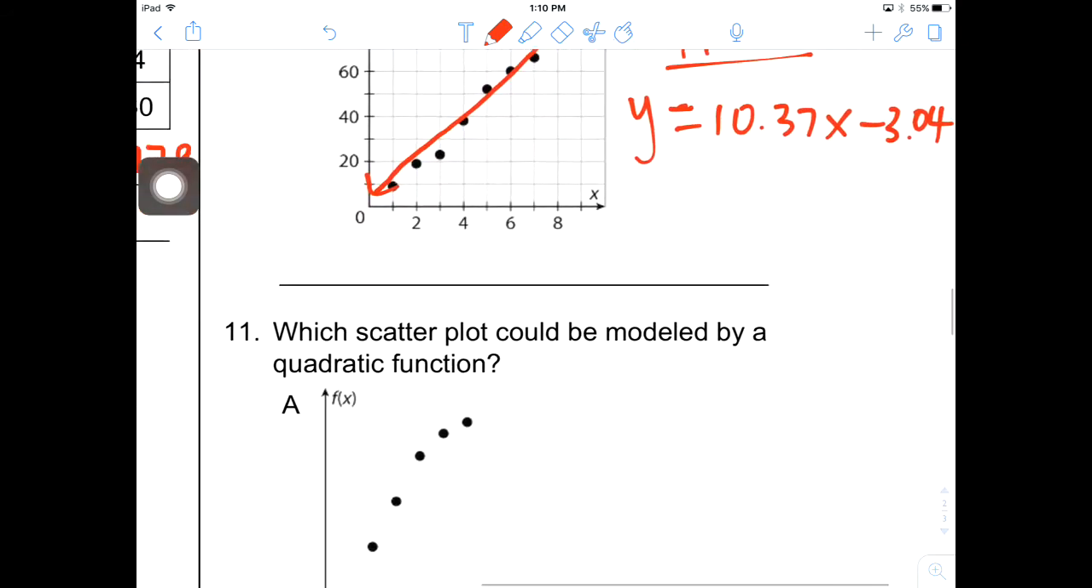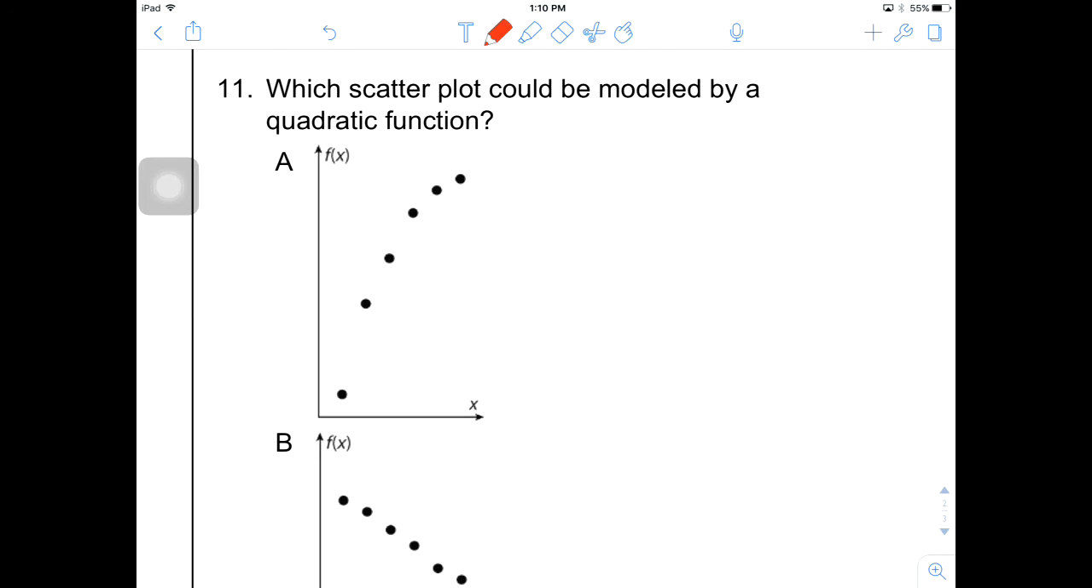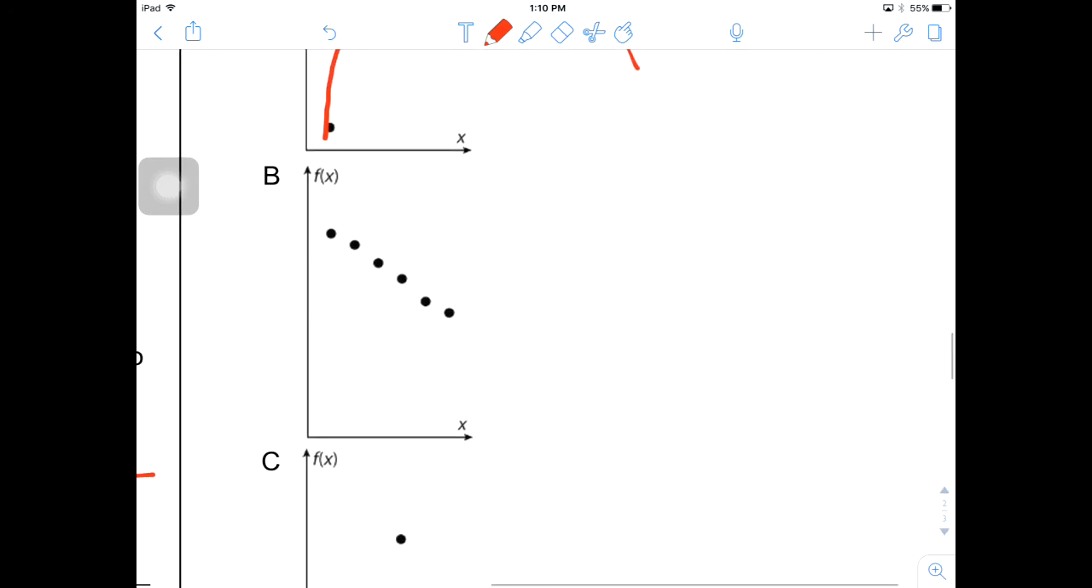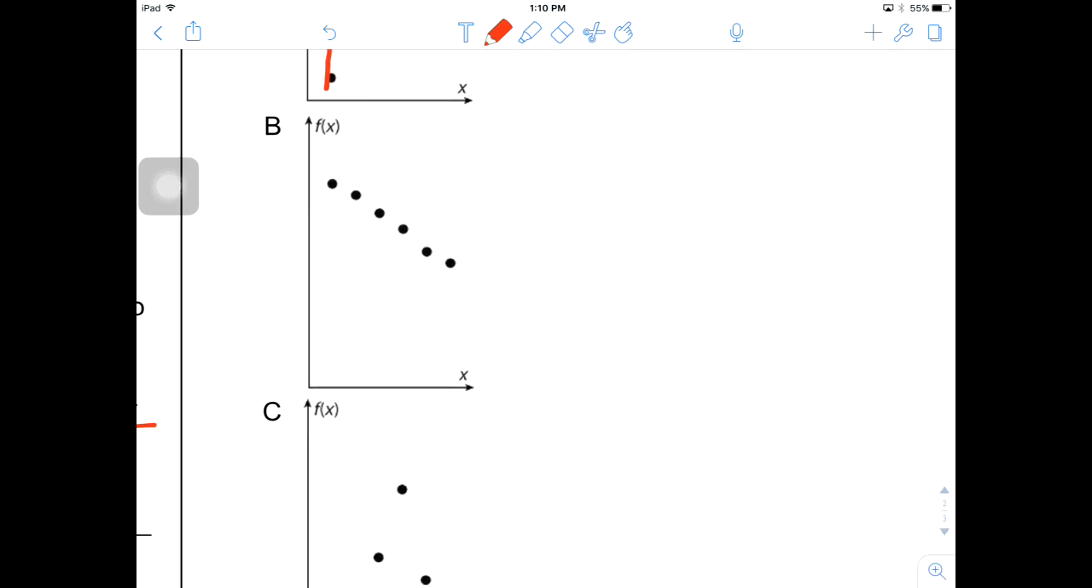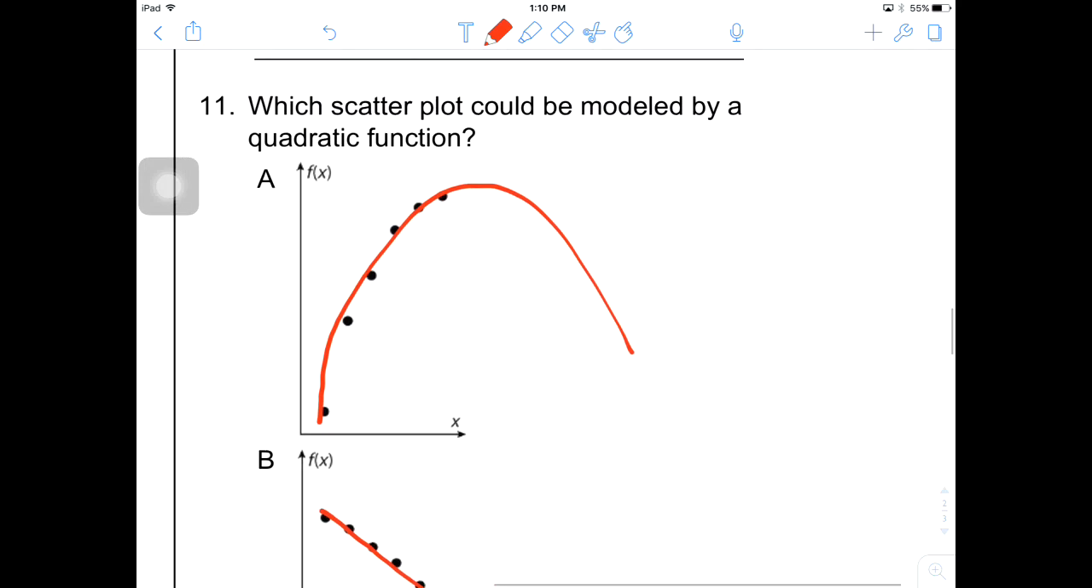So that's the answer. And then number 11, which scatter plot should be modeled or could be modeled by a quadratic function? So A so far looks like it would fit the quadratic function. B, it does not look like it's going to follow through. And then C is all over the place. So the best answer in this case should be A, that it follows the